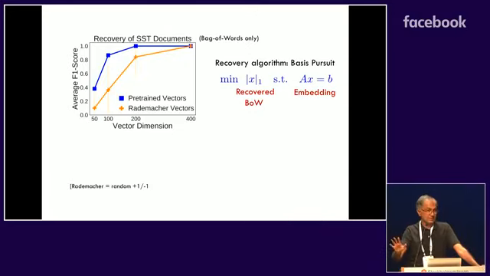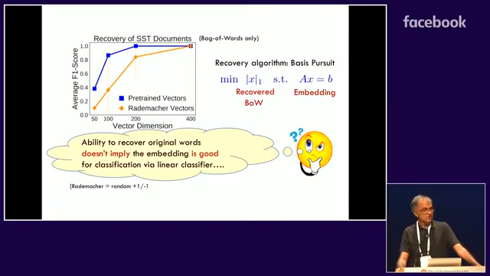It's only for real text, by the way. Real text has some structure, linguistic structure or semantic structure, and then this algorithm actually works better than sparse recovery theory would suggest. So these linear embeddings are preserving a lot of information. But